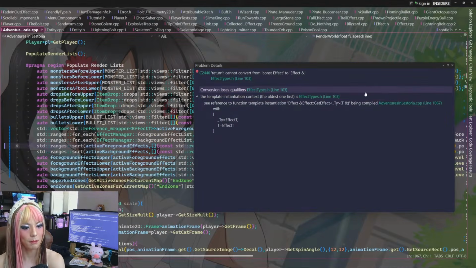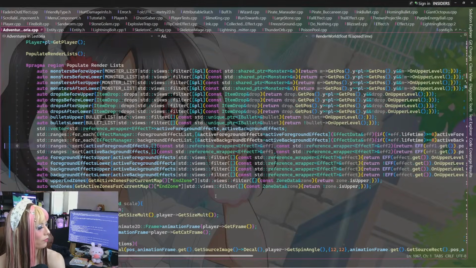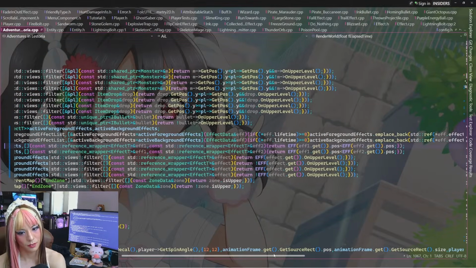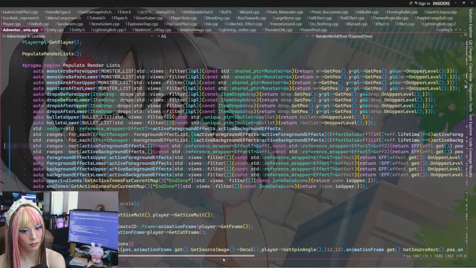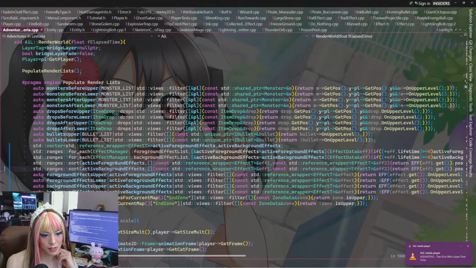Get effect being compiled. Effect T. Return cannot convert from const effect to effect reference. Let me see here. So this is... Cannot convert from const effect to effect reference. So active or not active?